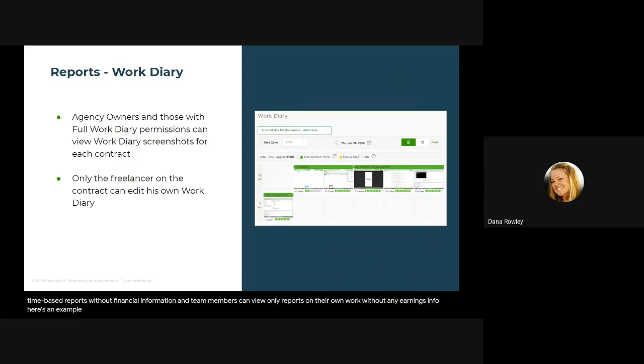Here's an example of what a work diary for an agency team member looks like. Note that agency owners and those with full work diary permissions can view work diary screenshots for each contract, but only the freelancer on the contract can edit the work diary.